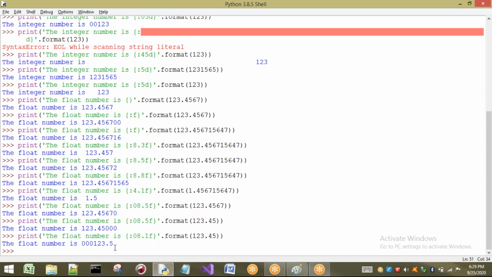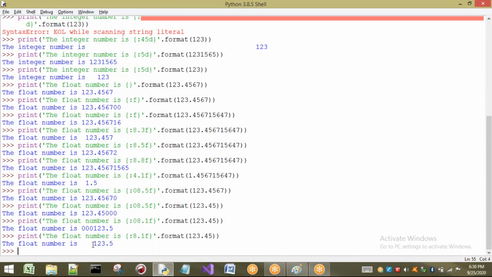Now see, 1, 2, 3, 4, 5, 6 are there. What about the remaining things? Not 6, because here I have taken 1. That means after the decimal point only one value should be there. If there is only one value, it is a rounded figure. So totally 1, 2, 3, 4, 5 are there. The remaining 3 are zeros. How are zeros inserted? Because here I have placed 0. If I remove this 0, in front of that value we are going to get spaces. So here you can observe 3 spaces. Compare the above output and this output: 3 values there, 3 spaces here.